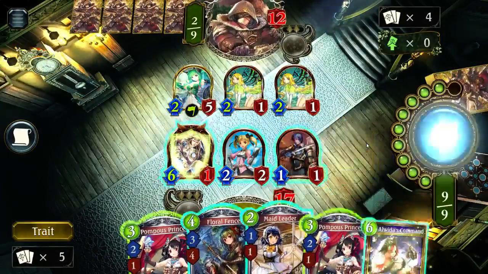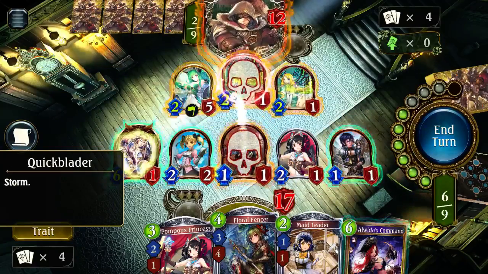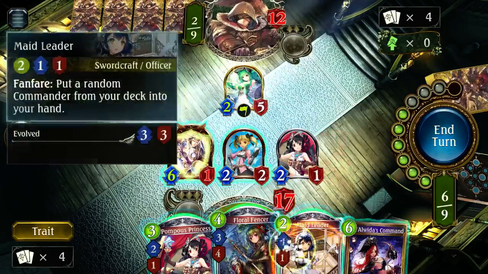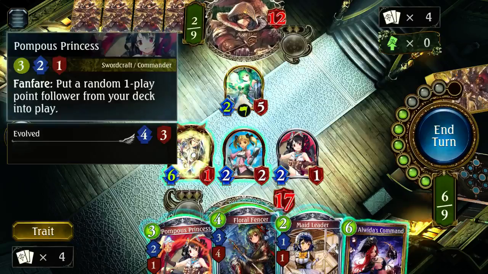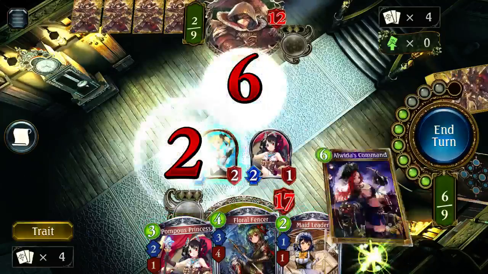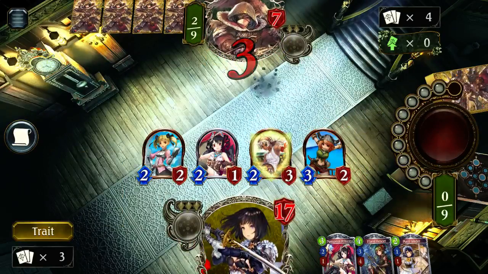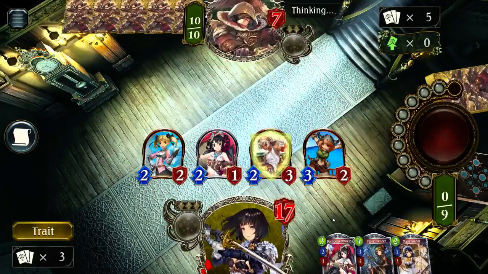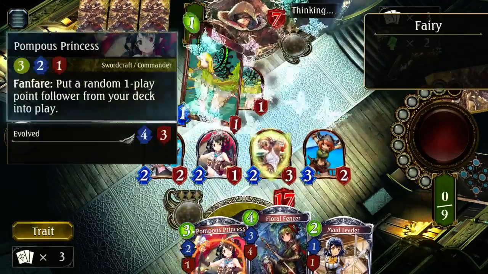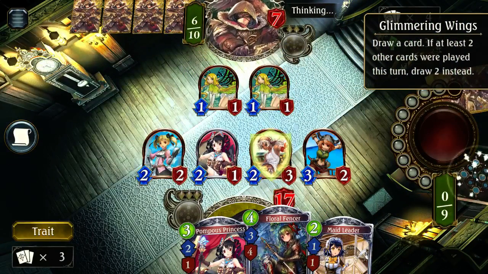Alright. Let's speed things up. No one gets past. Right, we'll trade into them. Now we need a way to easily deal with this. So we will just trade, and then we'll summon the Pirate Viking, getting the damage we need and more cards on board. And we've still got another Pompous Princess. We've got Maid Leader if we need to cycle into something. I'm not sure what's really left, but...